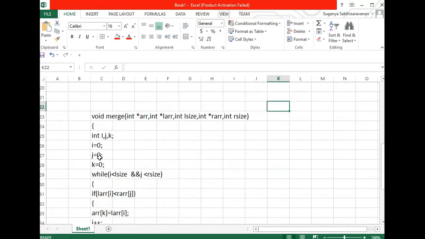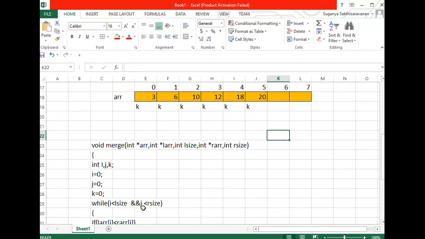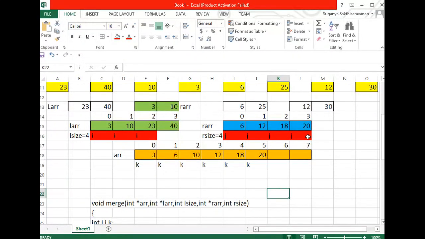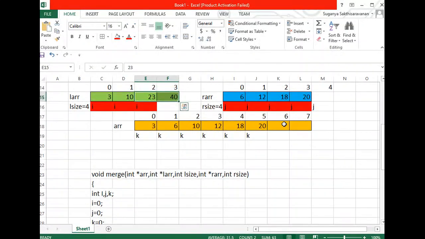So as for now you can notice that your right array is completed and right now your j value is not less than r size. Since your r size is 5, for the next incrementation what happened? Your while loop breaks, no more condition is there. The reason is if your j value reaches 5, there is no more value to be compared. So now you can notice that these two data are not inserted. These two data are left over.